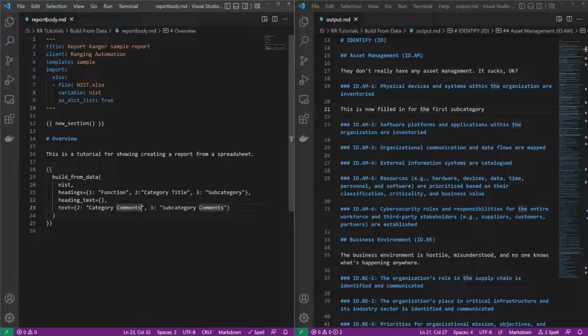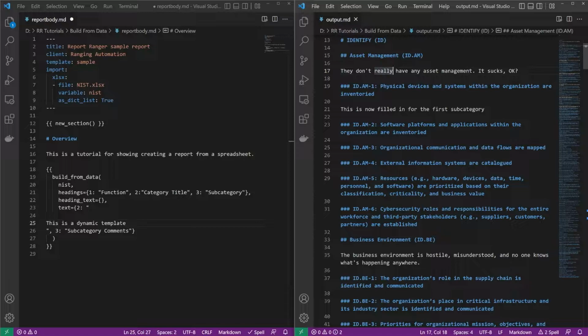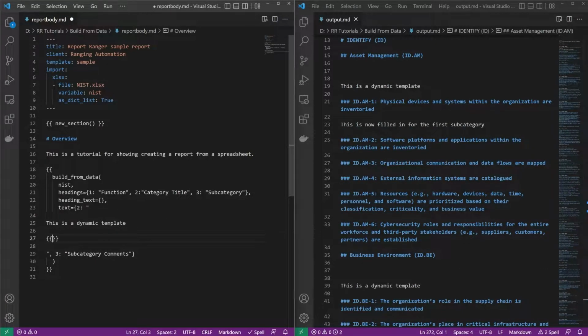And Report Ranger allows not just putting in the title of a column here, it also allows putting in dynamic templates. Let's give it a go. This is going to change this to, this is a dynamic template. Just the text. Let's get the category comments. Category comments